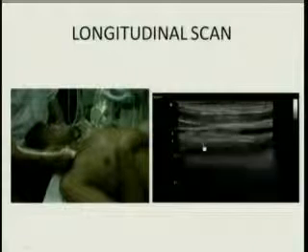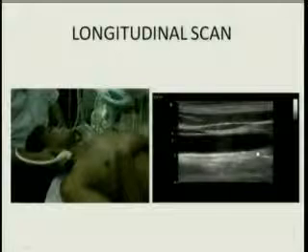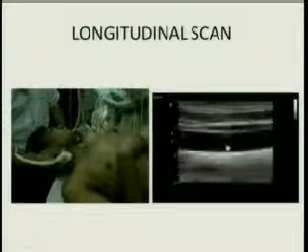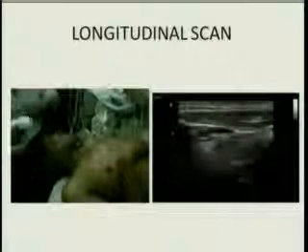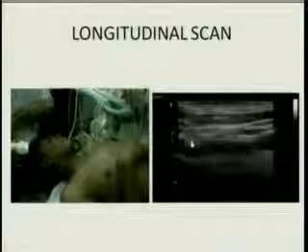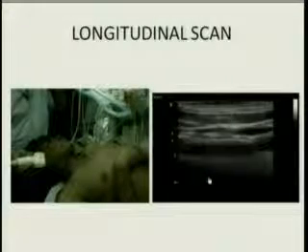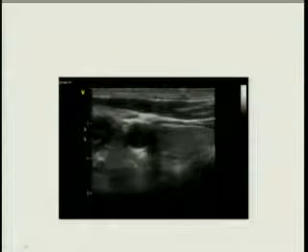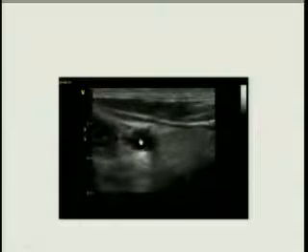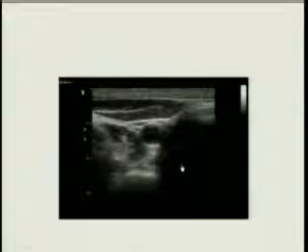If you look at simultaneous scanning of these carotid vessels, we can see the common carotid artery. By angulating the transducer anteriorly and posteriorly, we can look at both the external as well as the internal carotid vessels. Similarly, we can go to the short axis view. We can look at both vessels together, and as we move cranially, the common carotid vessel bifurcates into the internal carotid as well as the external carotid.